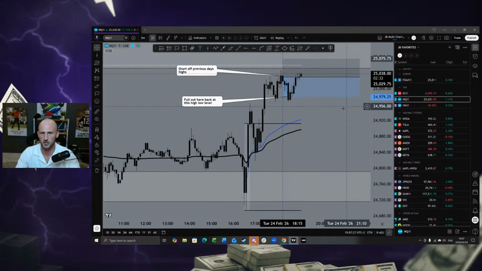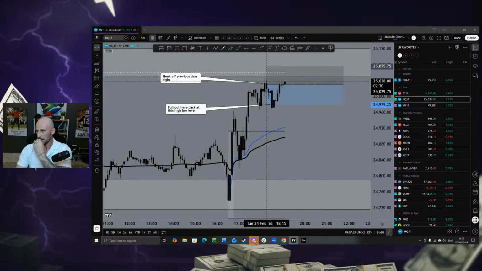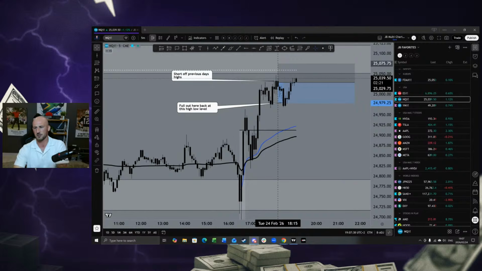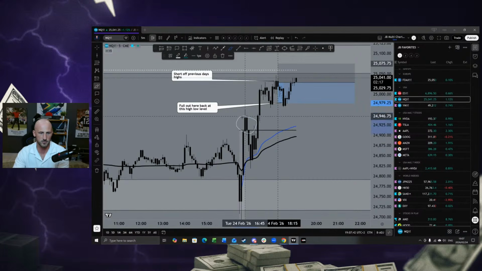Okay, so let's go back down to lower time frames, and let's go over the potential trade that I actually missed, which I think was still the better trade for me. It was a clear break of the opening range. You can see we break the 50-minute opening range. I use the 50-minute chart. So we break the 50-minute opening range high.